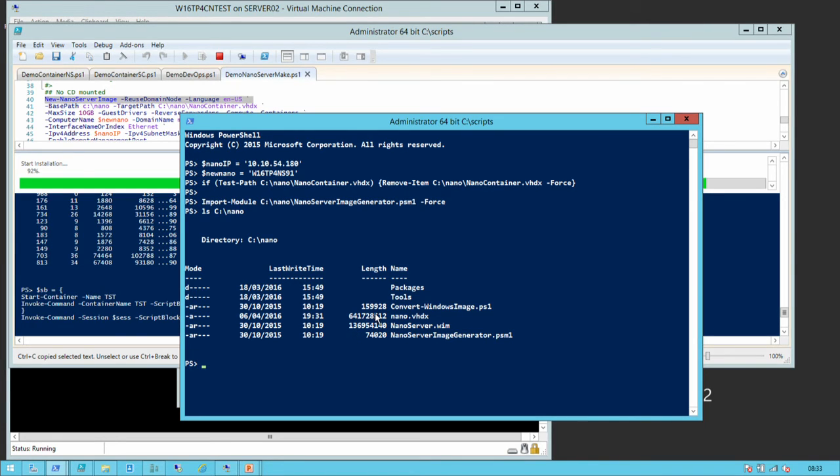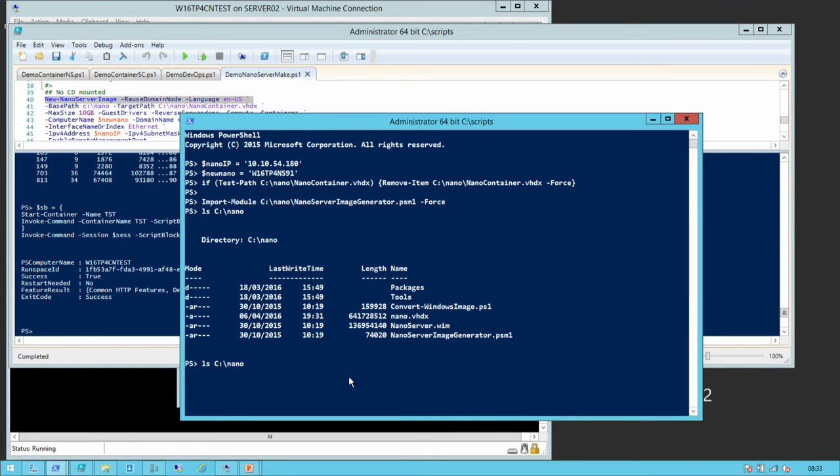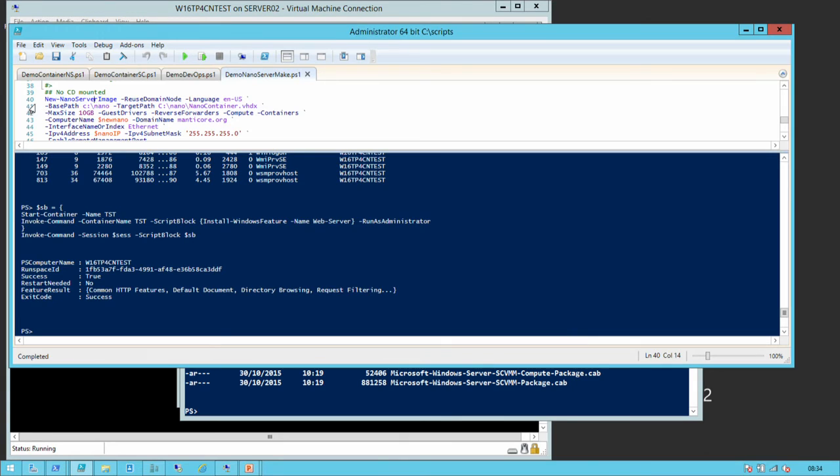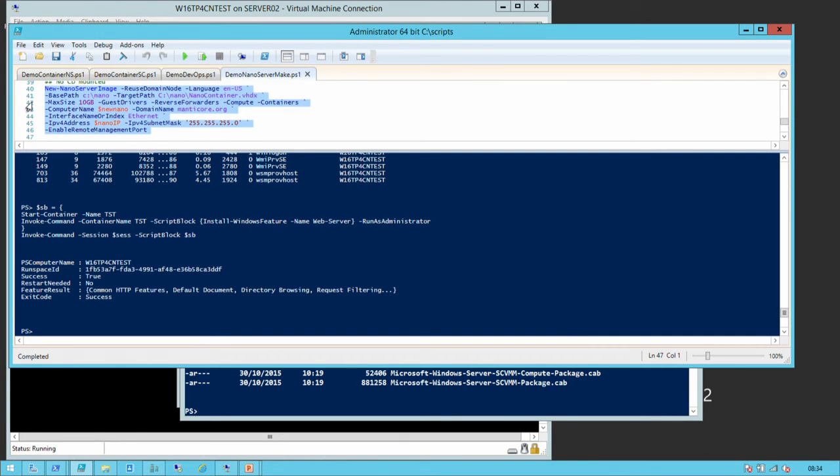That's the size of a container. And if you look at those, those are the install software for the features that you can put on Nano Server. Remember Jeffrey said that they lived outside Nano Server? They come as cabs that you've got to install separately. To create a new Nano Server image, or the hard disk,